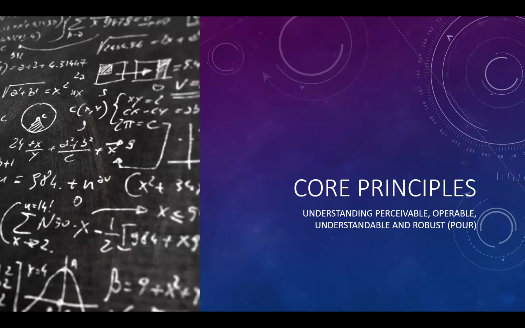Absolutely. Thank you, Chad. So yes, let's go back to our core principles. And these are really the technical requirements from an accessibility point of view. They're laid out by the Web Content Accessibility Guidelines, the WCAG guidelines. As I mentioned earlier, we have 4 core principles, also known as the POUR principles: perceivable, operable, understandable, and robust. Within those principles, we have 13 guidelines. And then within those guidelines, we have a total of 55 success criteria within the WCAG 2.2 level A and level AA.